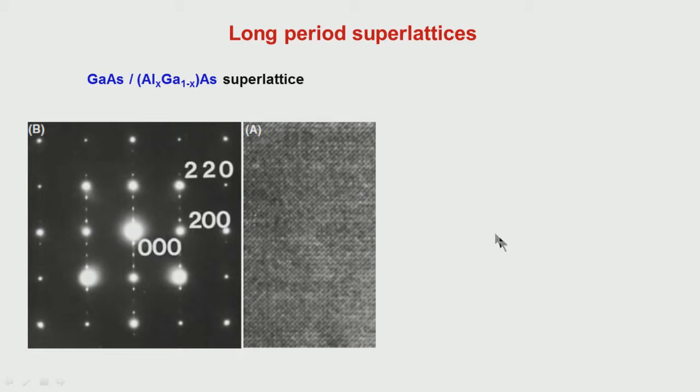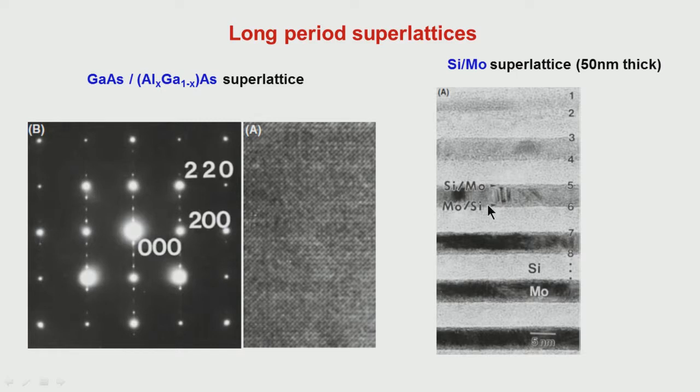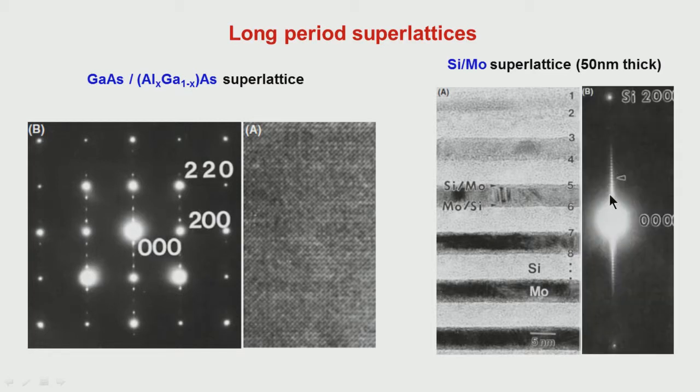Similarly, here you can see the silicon molybdenum superlattice structures. You see that here it's silicon and molybdenum layers alternating, with a thickness of 50 nanometers. And you see the diffraction pattern. If you see, there are very close spots. Looking at the separation between the spots in the diffraction pattern, immediately you can tell what is going to be the thickness of the multi-layer. So multi-layer thickness could be measured very accurately from the diffraction pattern, because we also know that whenever we look at a complex